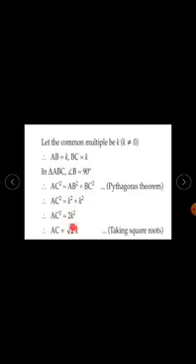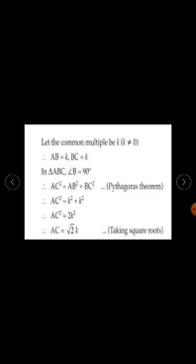Now sin theta is the ratio of opposite side upon hypotenuse. The opposite side is AB and the hypotenuse is AC. So sin theta equals AB upon AC. AB is k and AC is root 2 k, so k upon root 2 k. Cancel k from numerator and denominator. So sin theta equals 1 upon root 2.